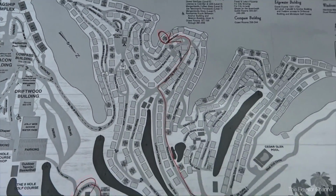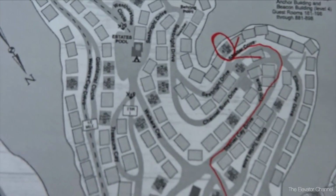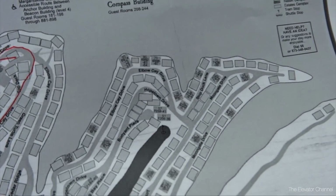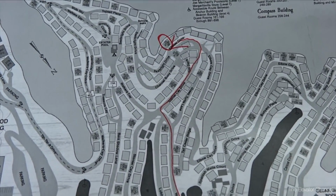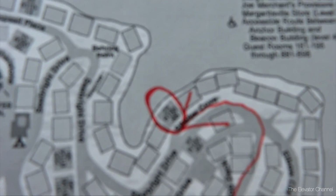And then in the estates, the ones that are still on the resort rental program are the ones that still have numbers on here. You can see the majority are not, but there's still a pretty fair number of these that are on the rental program. All these homes are independently owned, and then they use the resort to rent out their properties. So yeah, let's go check out what